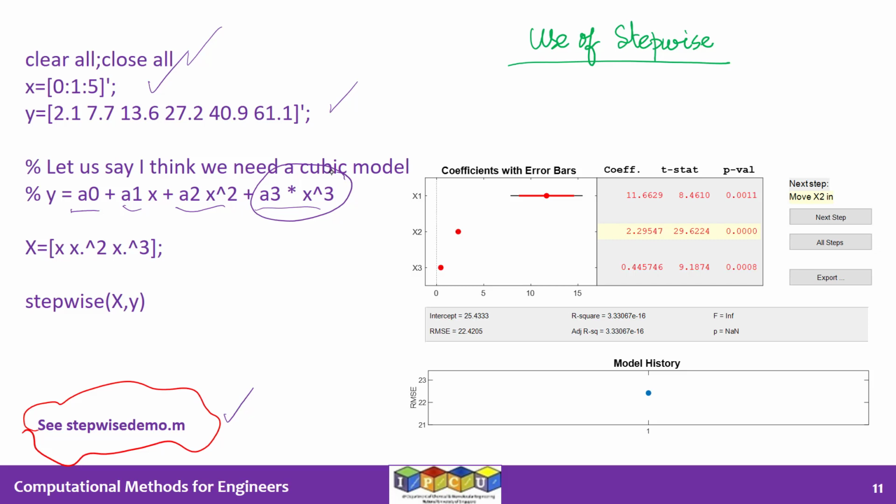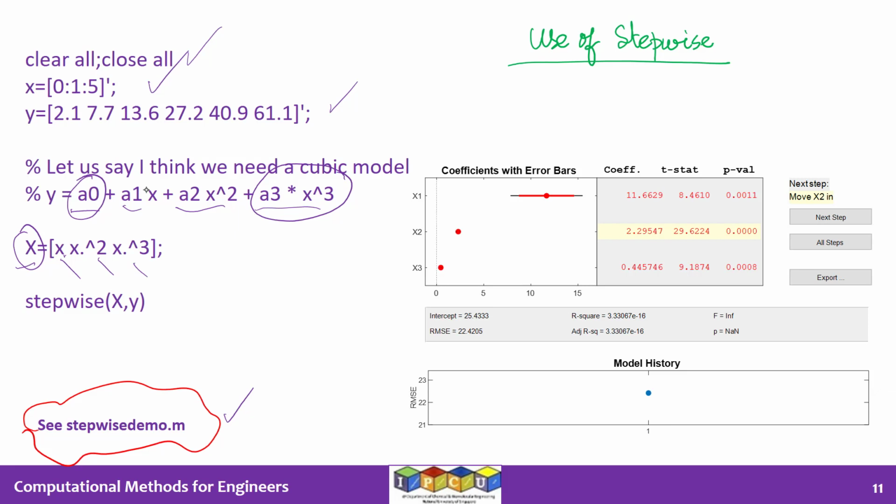First of all, to get there, we have to create the big X matrix. The big X matrix is going to be x, x squared, and x cubed. We do not have a column of ones here because the stepwise tool will already incorporate that A0 parameter. So in our big X matrix, we do not have to bother about the column of ones. The stepwise tool will automatically do it internally and it will give us the A0 values.